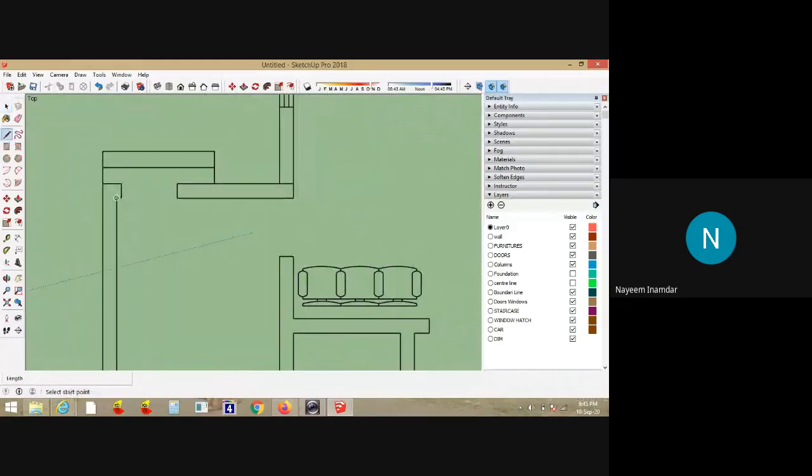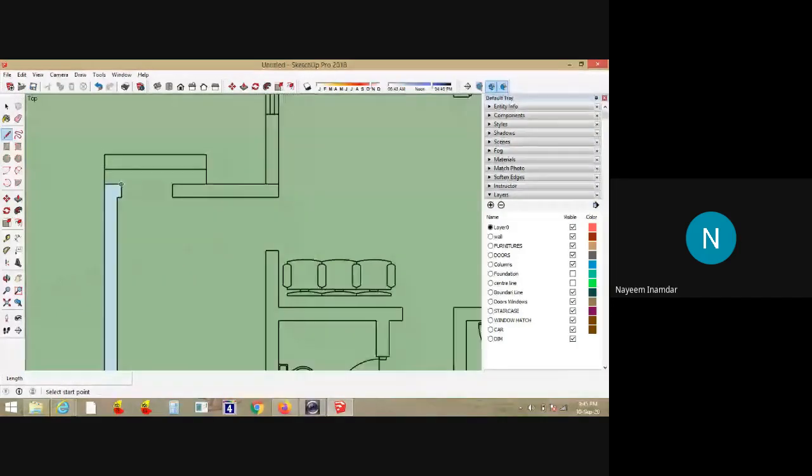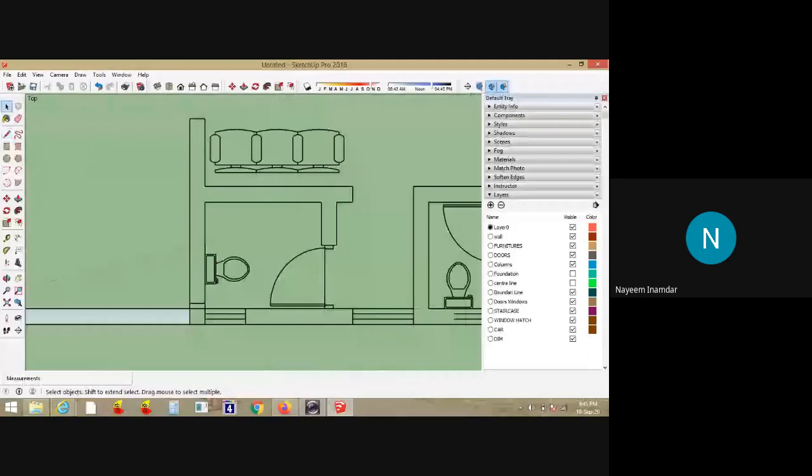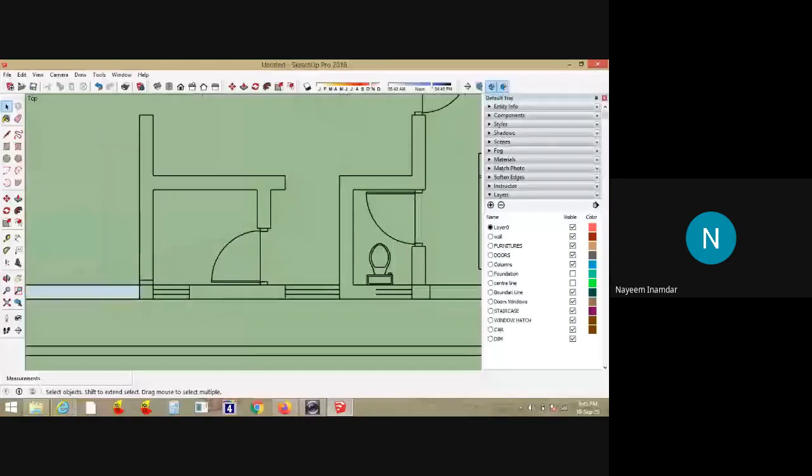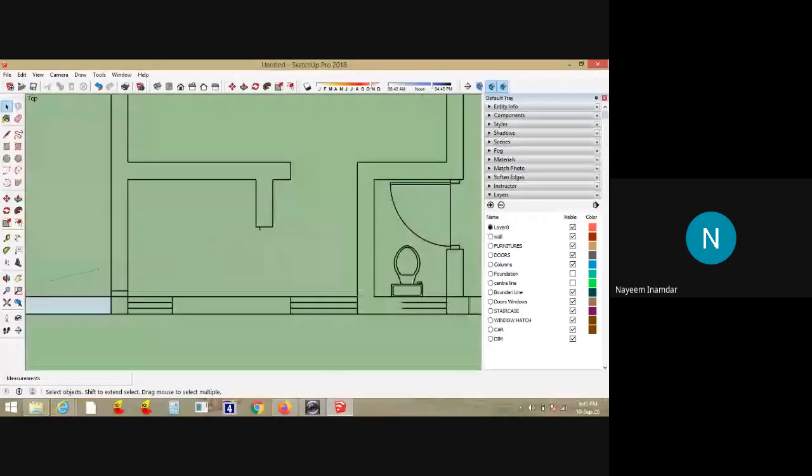Now you can add a line here. Like this, delete the unwanted, all these furniture and all. Just have the plan with the walls all around as well as the dividing walls inside.